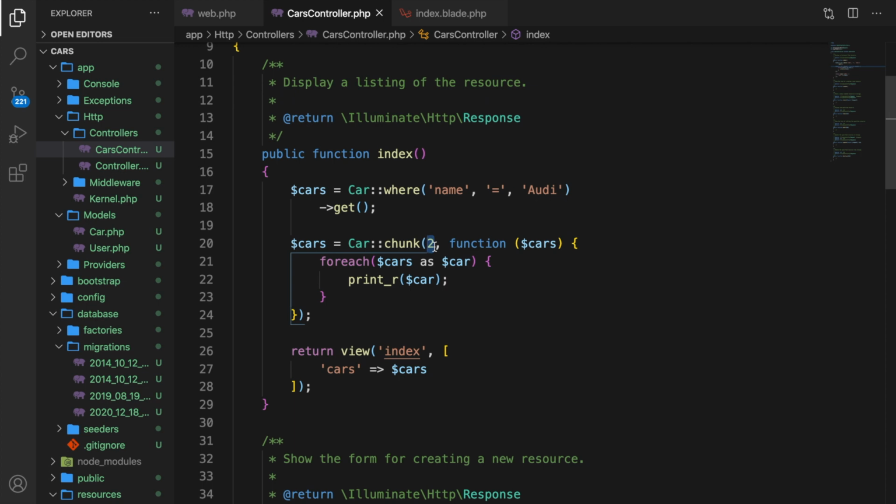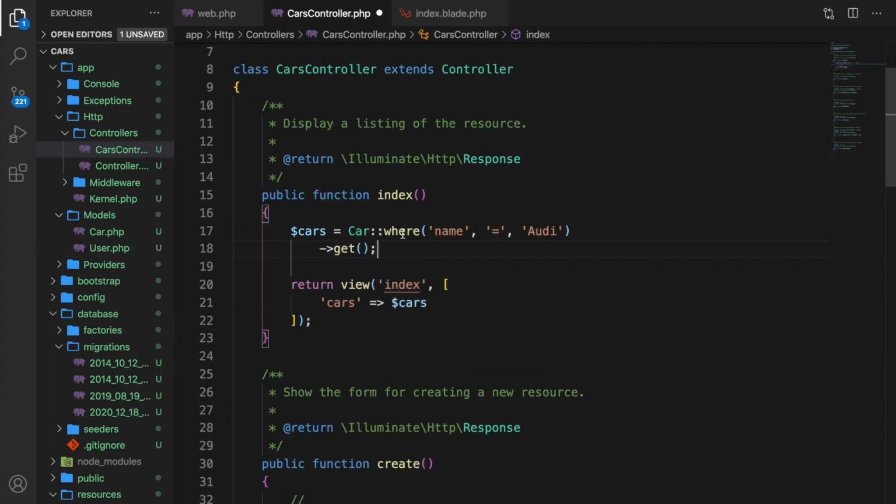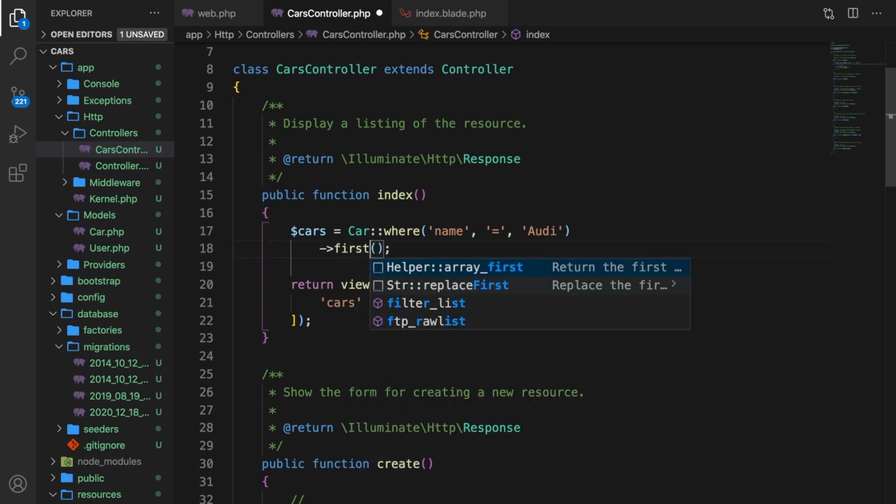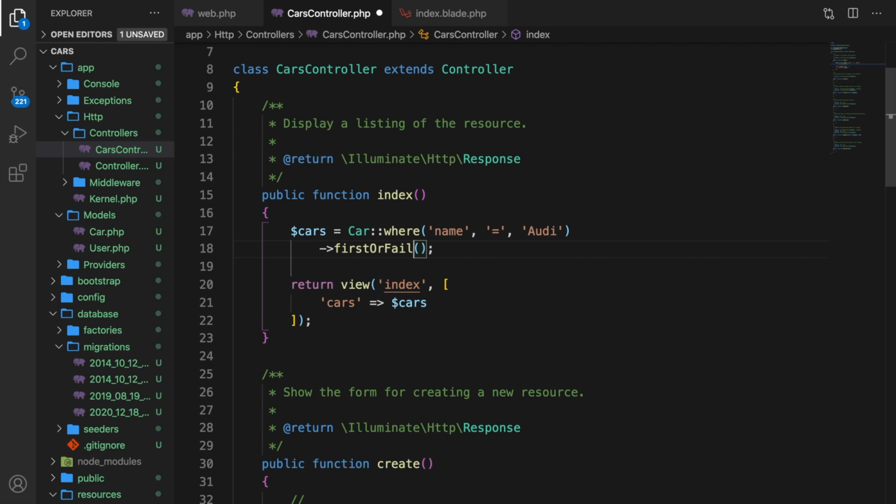What we've done so far was printing out stuff that has been found. Now there might be a chance where there is no model found and you just want to throw an exception. For that, we could use the find or fail and first or fail method. It will retrieve the first result of the query. Let's get rid of our second cars variable. We do need our where method, but instead of saying get, let's just say first or fail. It will retrieve the first result of the query, and since we have set it equal to Audi, everything will